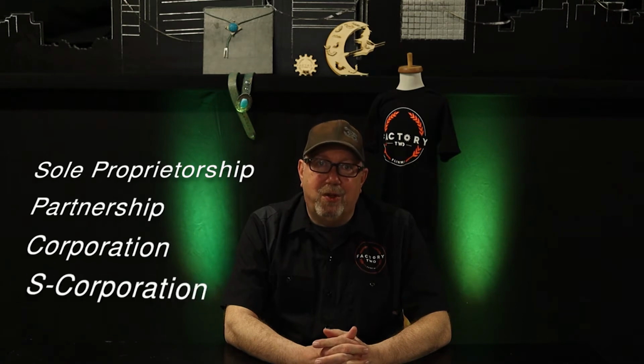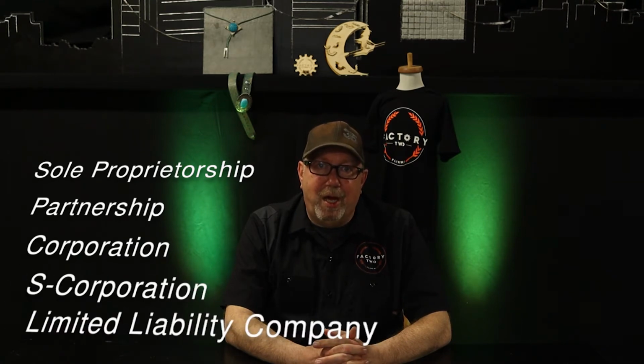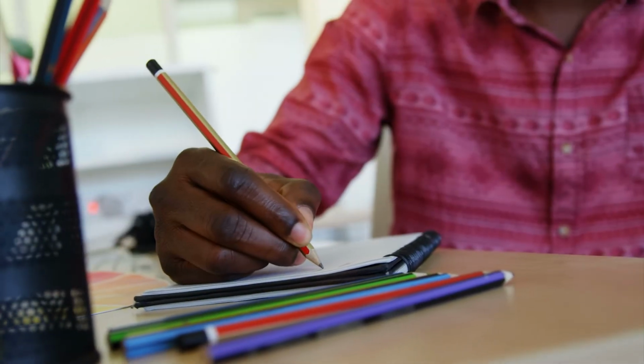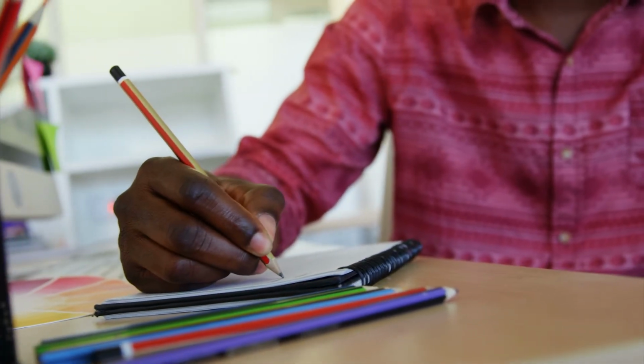With that said, there are 5 major types of legal structures for businesses: the sole proprietorship, the partnership, the corporation, S corporation, and the limited liability company, or LLC. I've touched on several of these already. Each structure has its own unique set of advantages and disadvantages for the business owner. The more that you learn about the benefits and drawbacks of each, the better off you will be in the long run. Now, let's take a look at each of these business structures in more depth.